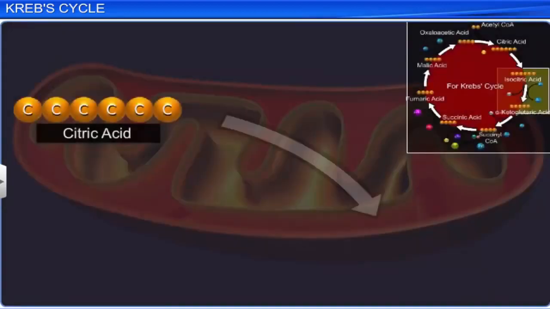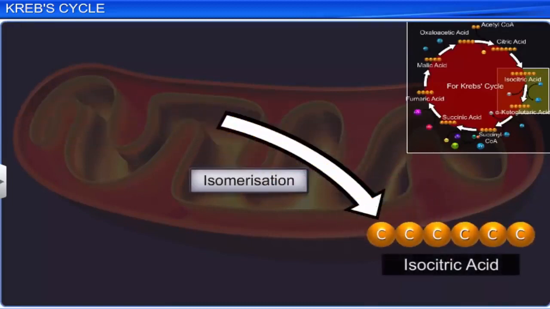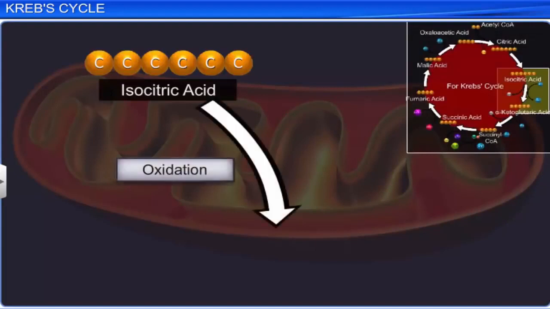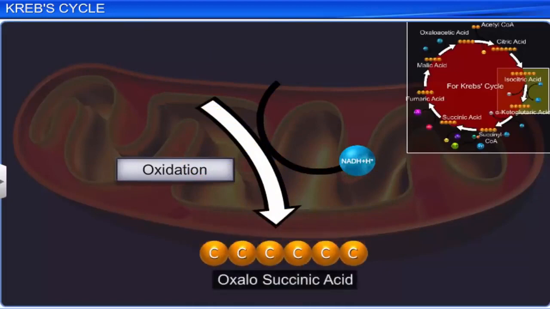The citric acid thus formed isomerizes to form isocitric acid. The isocitric acid is then oxidized in the presence of NAD+ to form oxalosuccinic acid,